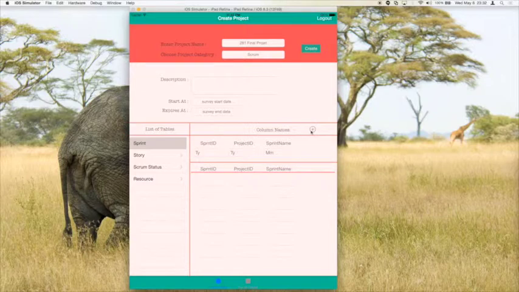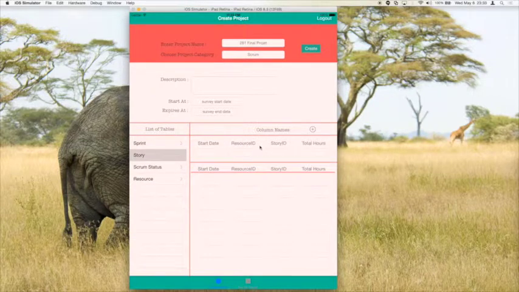Similarly, when I press the plus button, it goes and persists in the backend. Currently, for this version, this functionality is not fully enabled. There are certain bugs which were preventing us from completing this functionality. But ideally, the use case is that when I press the plus button, these fields should actually come here in these table views. And all this is being created dynamically based on the JSON which has been returned from the backend.